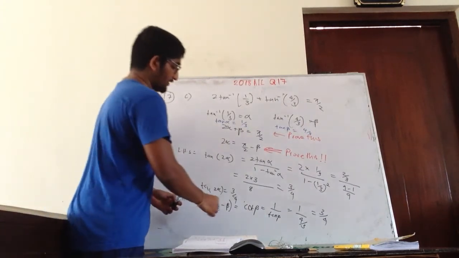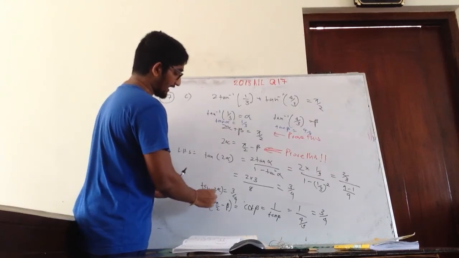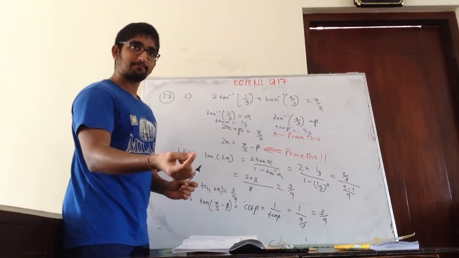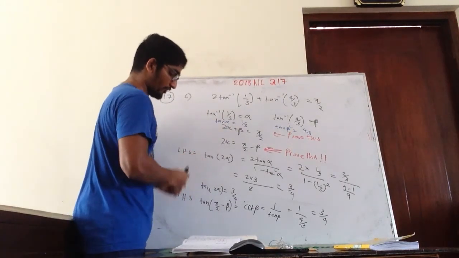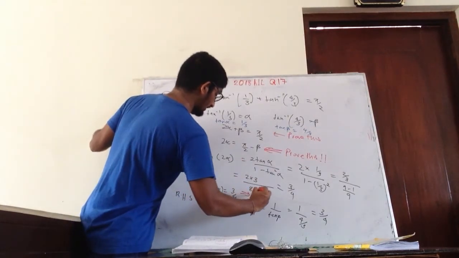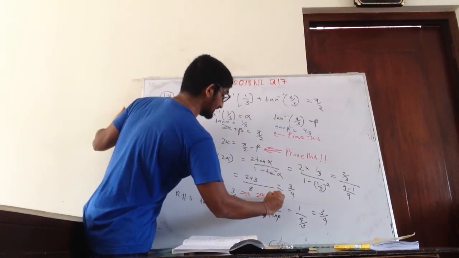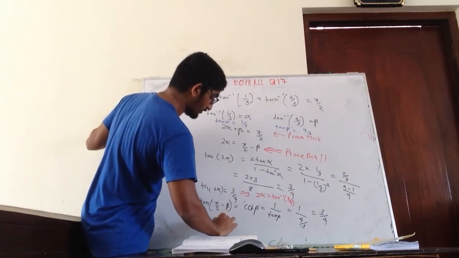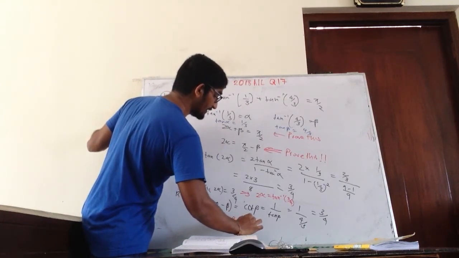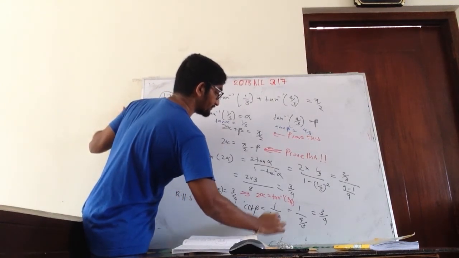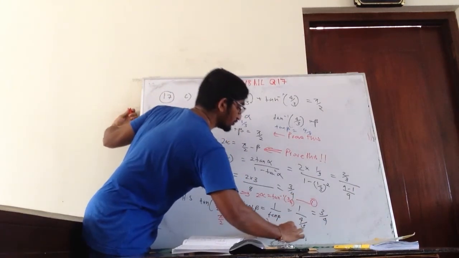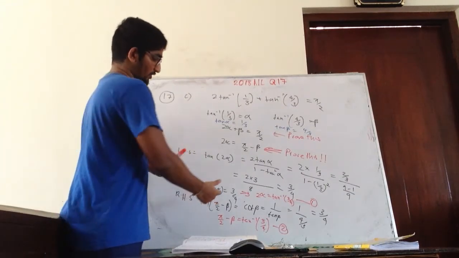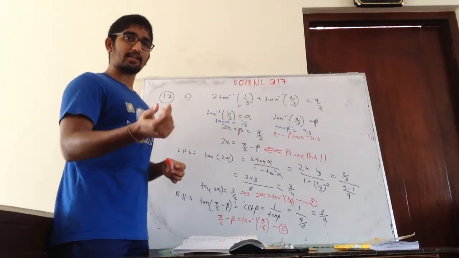So now I can say that tan 2 alpha is equal to tan of 5 pi over 2 minus beta. Or I can say now 2 alpha equals tan inverse 3 over 4. Here I can say 5 pi over 2 minus beta is equal to tan inverse 3 over 4. If I name this 1 and this 2, I can equate 1 and 2 and get the answer. So that is what I am going to do. So write this down.